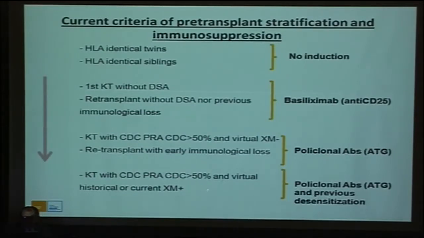And finally, with the current or virtual or historical positive cross-match, which is a Luminex with a DSA, we use ATG and previous desensitization in most patients. But I have to recognize that during the last couple of years, we haven't done this desensitization. We have looked for another donor or put the patient on the waiting list for a deceased donor, because we think that the chronic antibody-mediated rejection that we have with these kinds of patients is too high to maintain our policy of doing desensitization. It does avoid acute, but don't